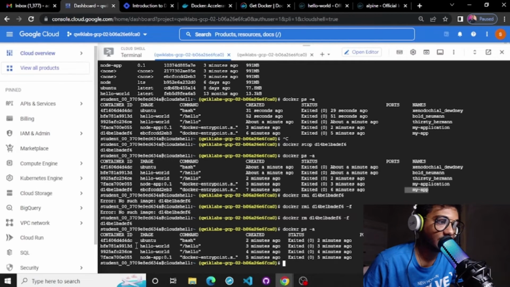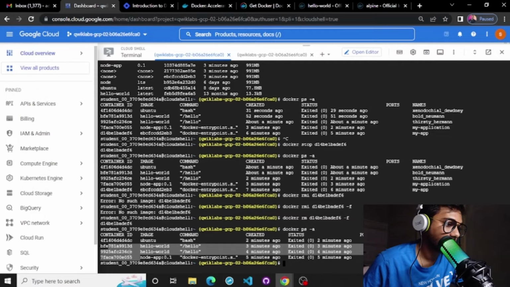Using this docker rm command, remove basically. So